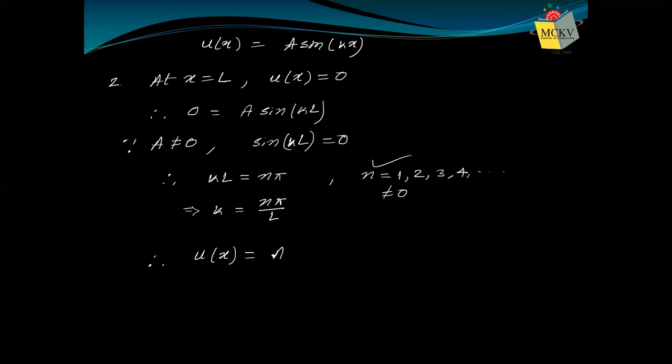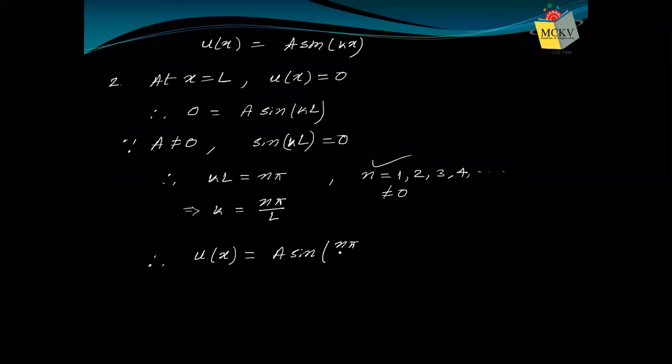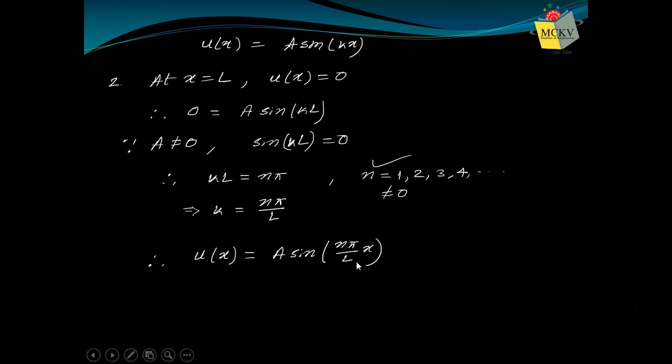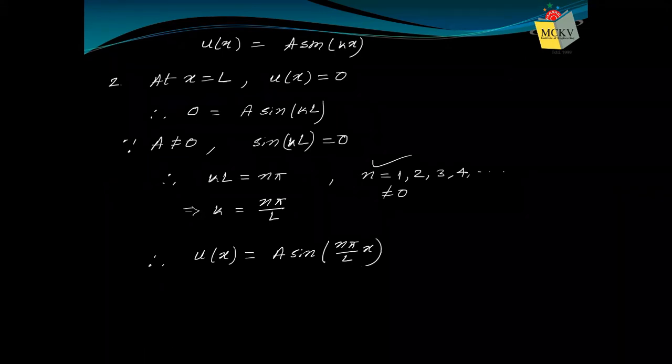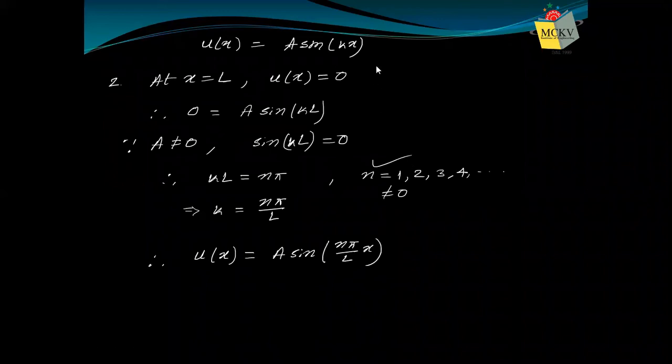is a sine, instead of k, now we'll write n pi by L x. So this is our wave function or eigenfunction now. And now if you think of the properties of wave function, you observe all the properties are considered here. Sine is a finite quantity. Its value lies between -1 and +1. And for a single value of x, sine has a single value. So it is a single valued function. So all the properties of wave functions are satisfied here.